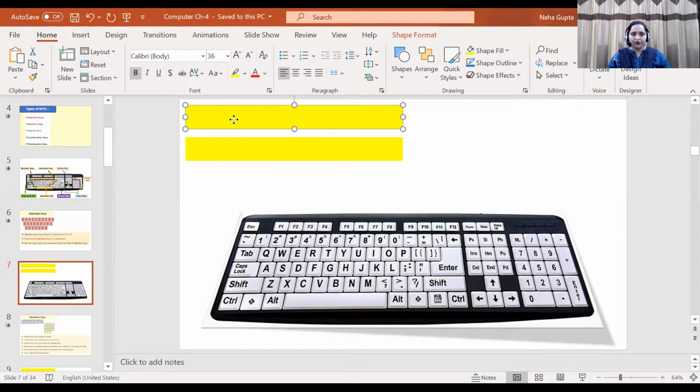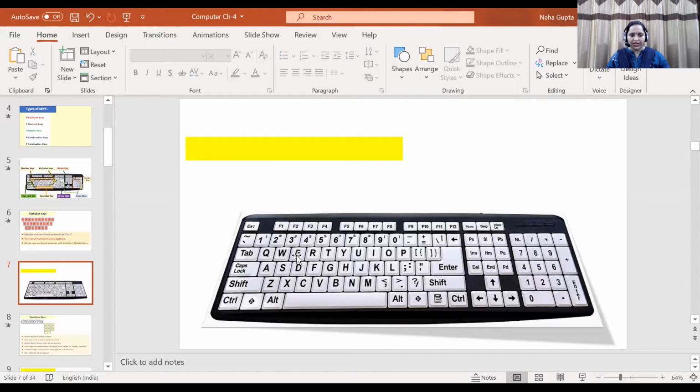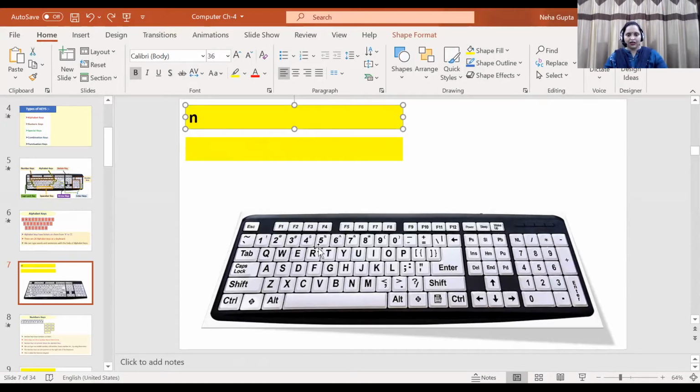What will I do? I will type N, then E, then H, then A. So in this way, when I press each alphabet on the keyboard, I can see that alphabet on the screen.